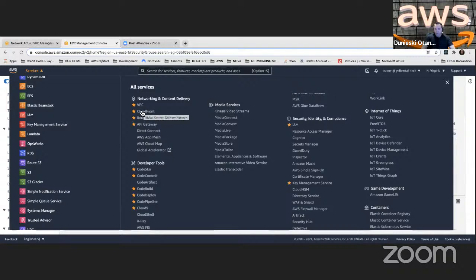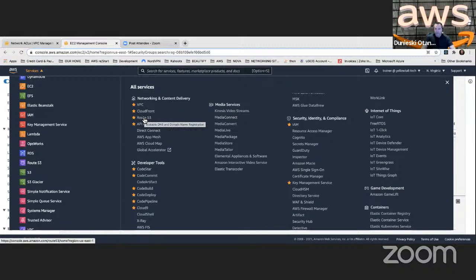You should know how to create a distribution so that you can make your delivery global. You should know how to use the routing policies so that you can work with your users and give them the lowest latency possible, right? So have an idea. All of that we're gonna see in class. You're gonna have a pretty good understanding of all these because we're gonna work with them as well, right? Or at least you're gonna watch me do it, because to work well with this,